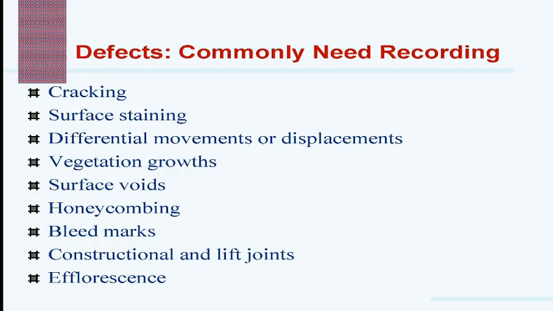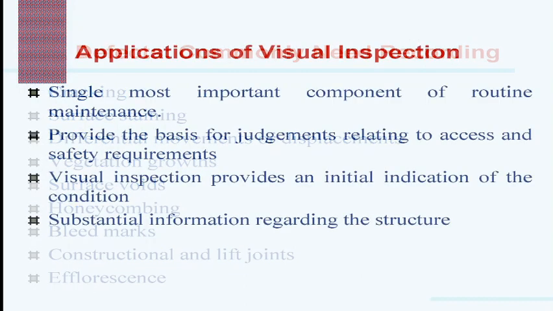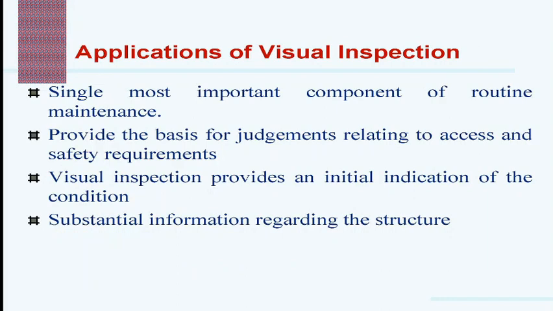Classification of the degree of damage or condition required takes experience and engineering judgment, but some guides are available, and we have to follow these guides. Where a large structure is to be examined, it may be appropriate to produce a plan or series of plans indicating the climatic or environmental exposure severity, to overlay on the structural plan. Now, applications of visual inspection.